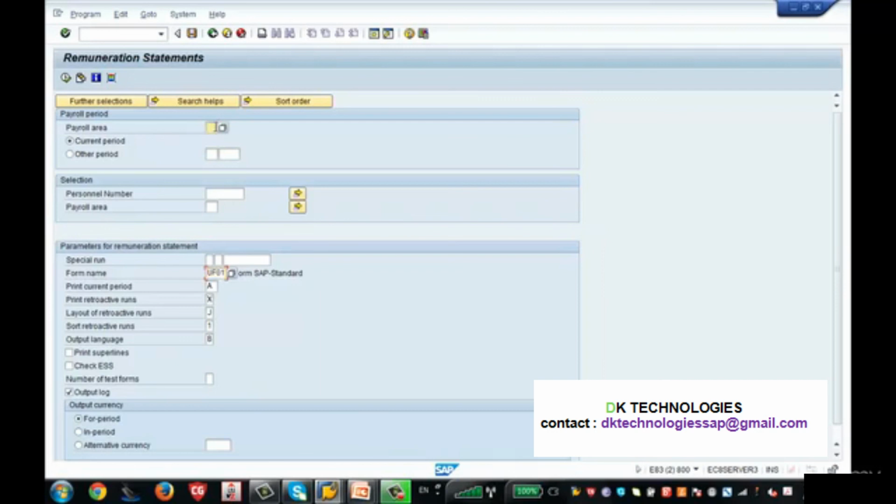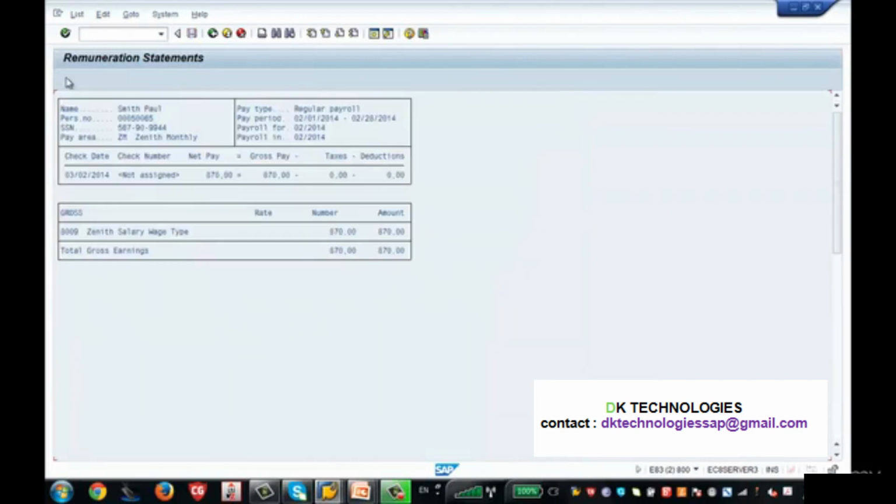So let's see how we can see the different payslips here. I'm entering the payroll area here, and I'm entering the employee number 565. I'm entering the payroll area CM. Now I'm executing it. I just entered these details. I'm using this form, which is US01, some standard form.